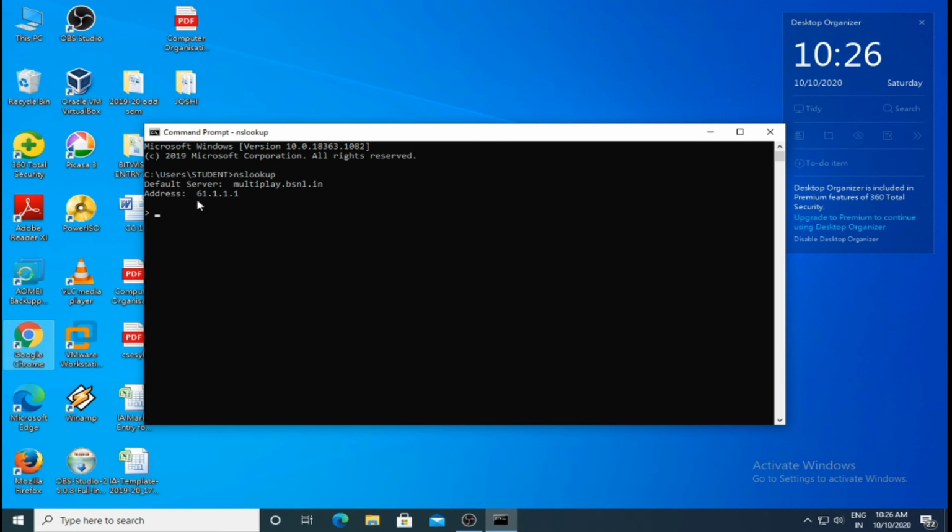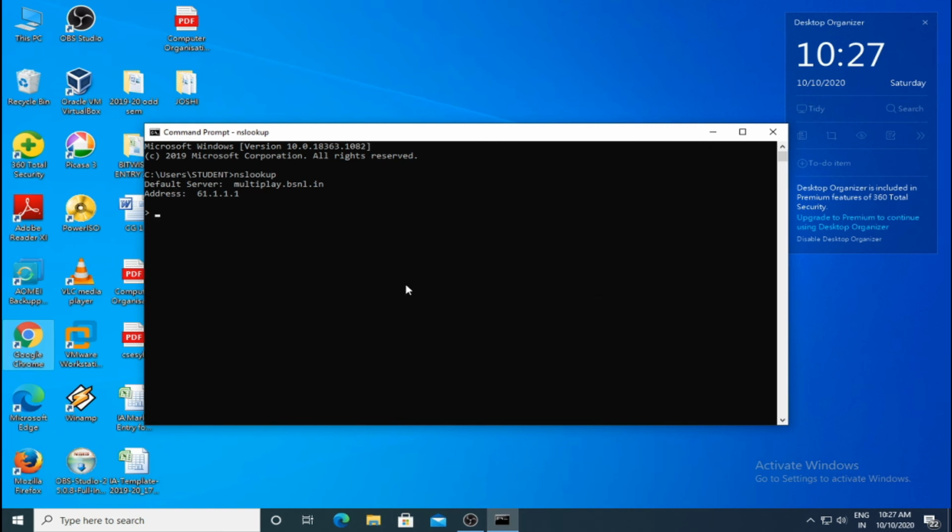Whatever query message is sent from this system will first be directed to this default DNS server, which maintains the IP addresses of host names. Whenever my host requests the IP address of a host name, it will first be directed to this DNS server, and this DNS server will reply back with the requested host name's IP address.